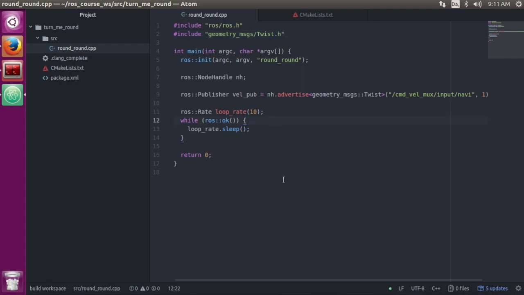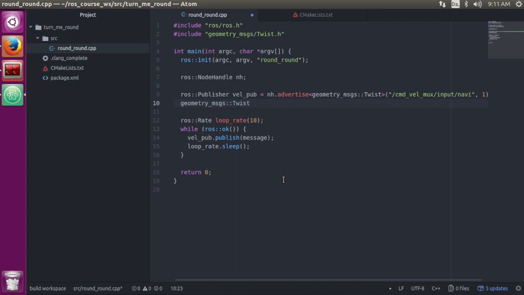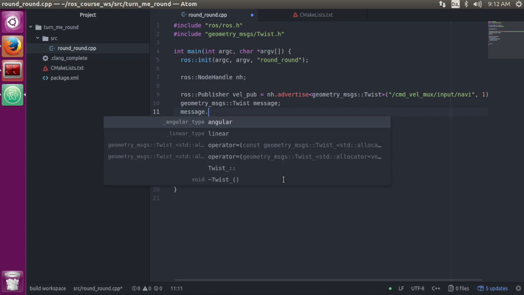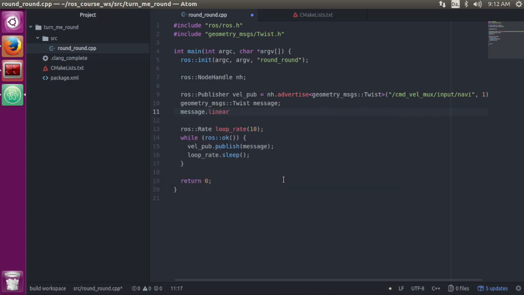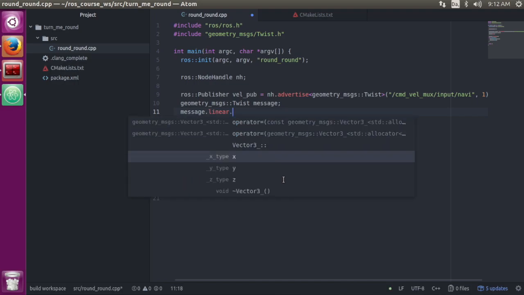now we need to publish that at this rate of 10 Hertz. So we'll say pop and publish a message, some message. So I need to construct this message, and I want the Turtlebot to go round and round. So I'll just create a message that tells it to go forward with a specific speed and around with another speed. So as we saw, the message has a linear part and it has an x, y,